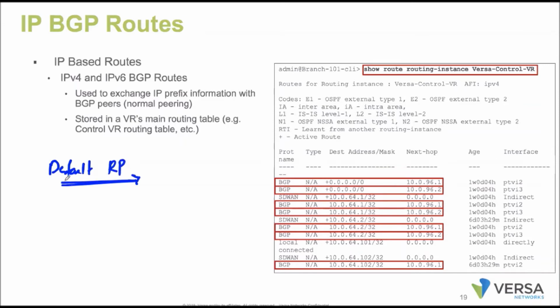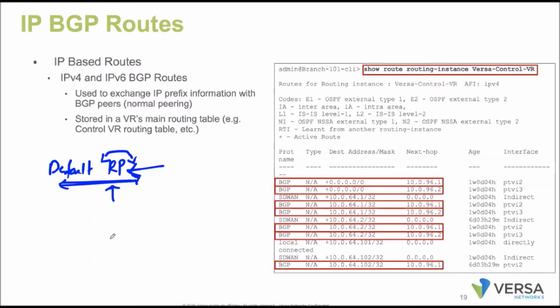We'll talk about that. But when it comes to redistribution policies, everything is given control to the admin. If you want to play with anything, you have routing policies. We have a slide for that, the default redistribution.